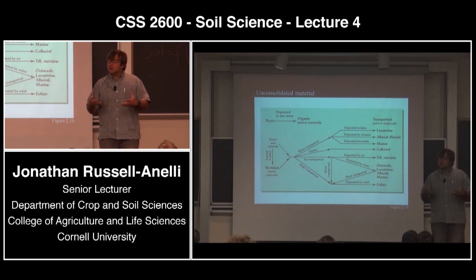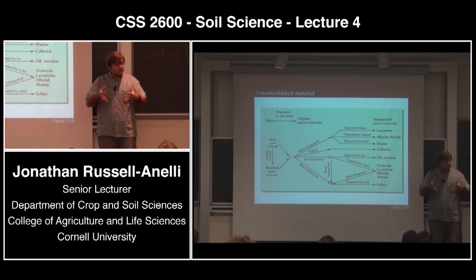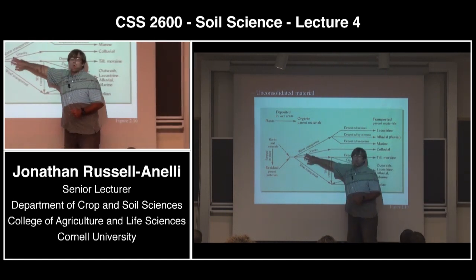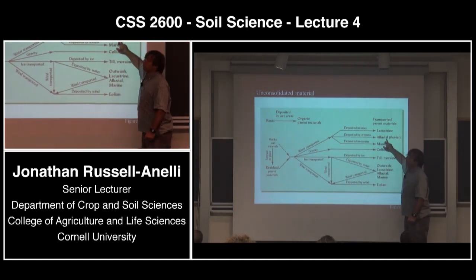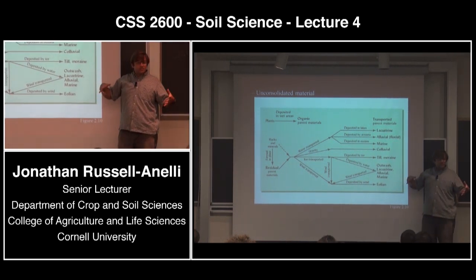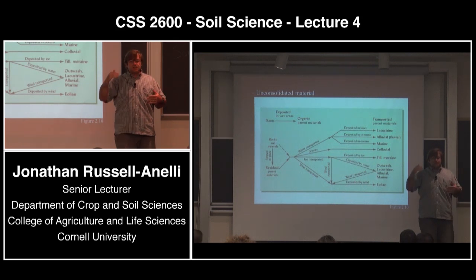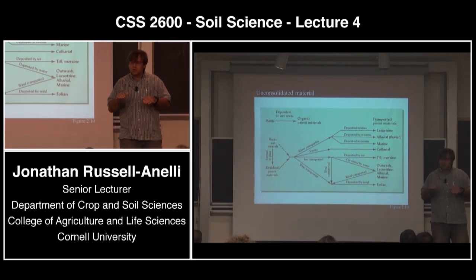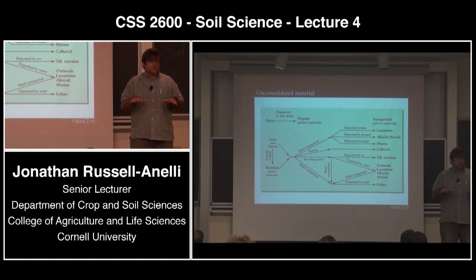And some springs are not so warm, and the energy of the water coming out of those streams is a lot less. Now, if my material is being transported by water into an alluvial fan,